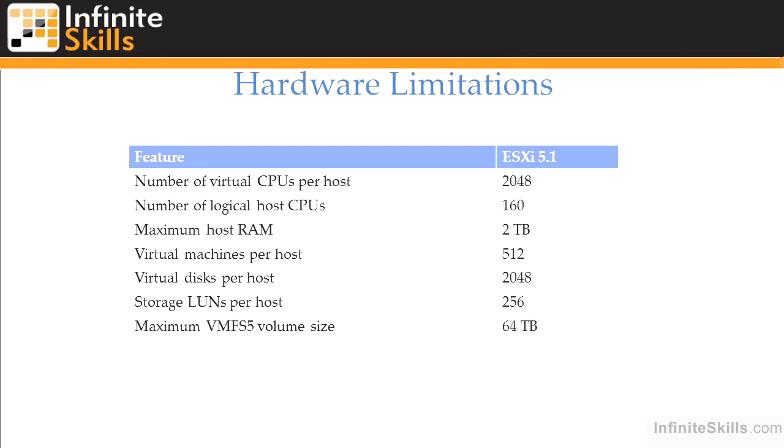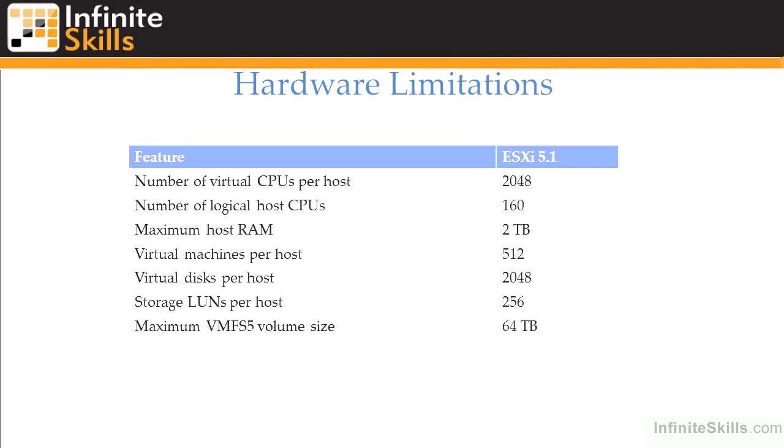So in terms of the limitations of ESXi 5.1, we can see that they're quite high and they've been increased quite a bit, almost double or more in some cases from what we had in, say, ESXi 4.1 or ESX 4.1. So we can see that we can have up to 2,048 virtual CPUs per host, up to 160 logical host CPUs, which would be really cores, and or hyperthreading, which will be seen as 2 logical CPUs, up to 2 terabytes of physical memory in our ESXi servers, up to 512 virtual machines on one ESXi server,